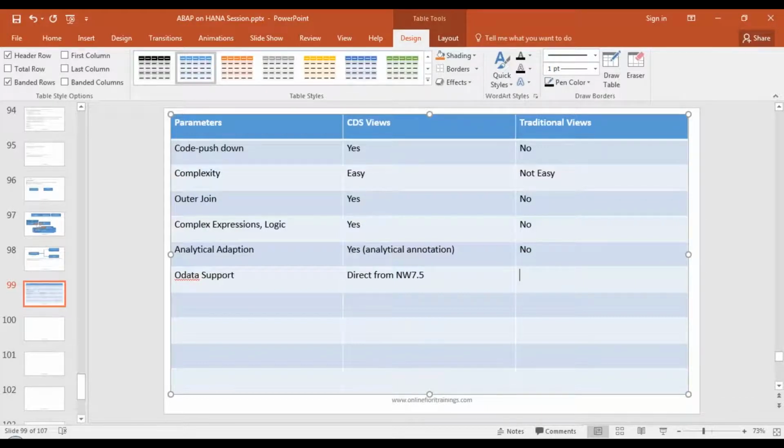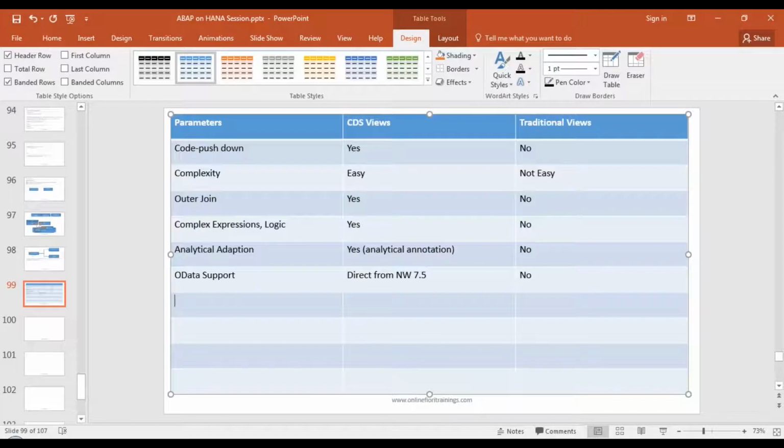If you want to do it, you have to implement a service project, create a DPC extension, and then call that view. And then once again, all the data is pulled to the application layer, and then you expose that via OData service with your coding. But here there is direct support from NetWeaver 7.5. I will show you how you can expose an OData service from a CDS view directly. That's not supported with traditional data views in the SE11 transaction.